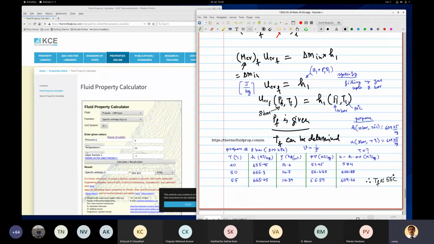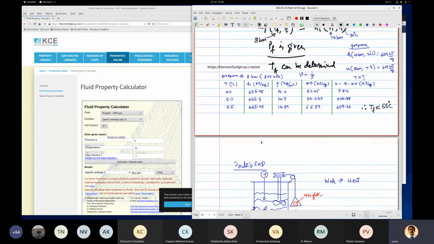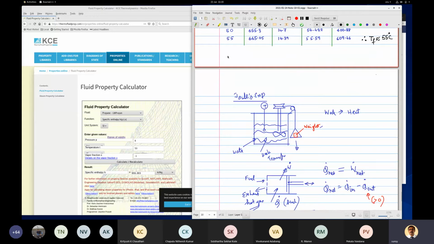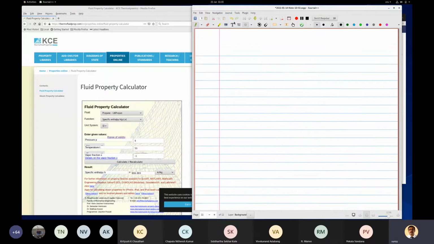Now let us look at the actual filling up of LPG. So I went to the Indian Oil site and I found out some information about our LPG cylinder that we have at home. So let us see some real life problem. Now let me create a new page. Let us do that real life problem. If you go to the Indian Oil website, Indian gas, we all know, we use LPG gas at home, right?